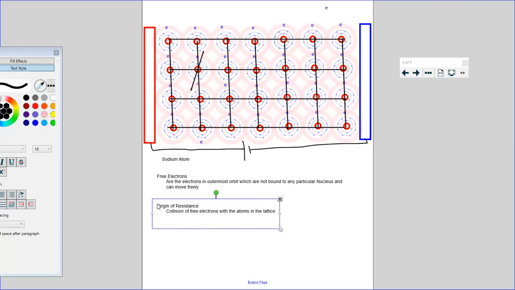And what points have we discussed? Increasing temperature increases vibration, which increases the probability of collision of the free electrons